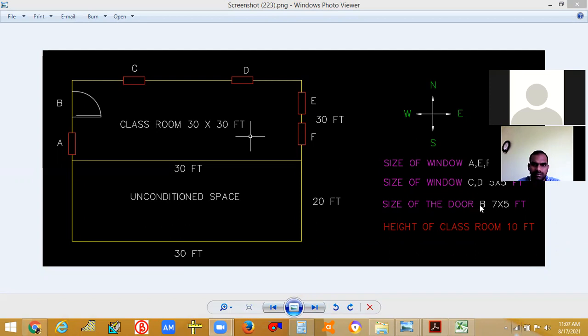The electrical engineer will be giving it in watts per feet square or watts. If you have watts, you could just convert it into watts per square feet. Divide by its square feet, and you'll be getting watts per square feet. Or just go to the app, or go to Google, and you can convert it there also.